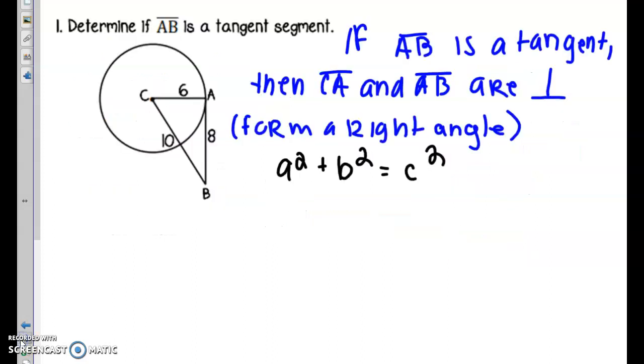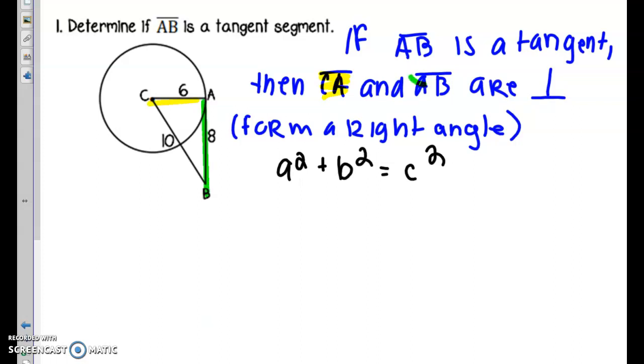And now we're going to do some examples talking about the two properties that we just went over. So, number 1, determine if segment AB is a tangent segment. So here, what I have written, if segment AB is a tangent to the circle, that means if AB only intersects the circle one time, then segment CA and segment AB